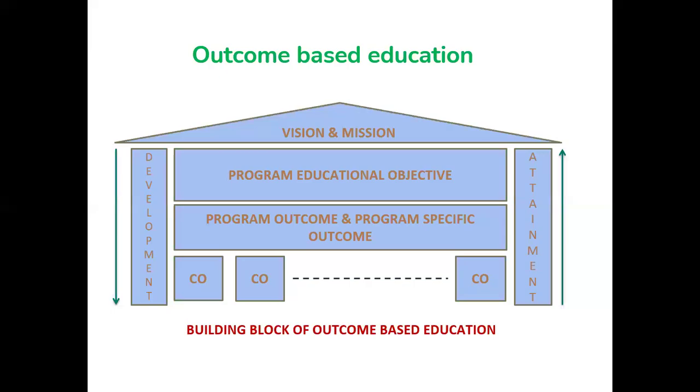Okay. And finally, we have the course outcomes. So for every program, we can have a program specific outcome. And for the entire programs, we can have the program outcomes. And then we will design the course outcomes and finally the syllabus. Actually, that is a process. You have to design down.